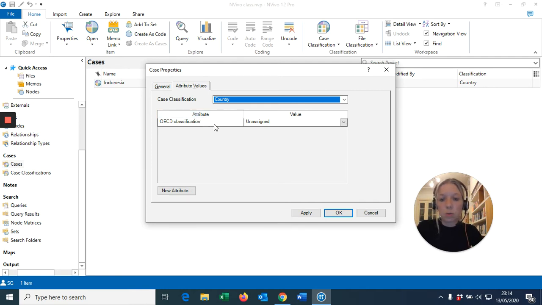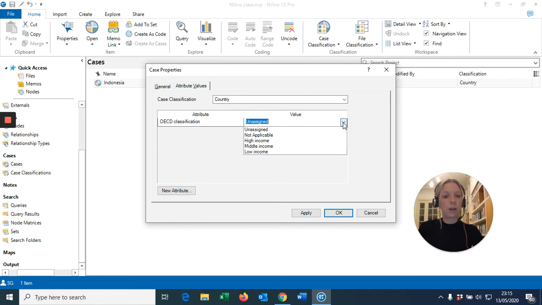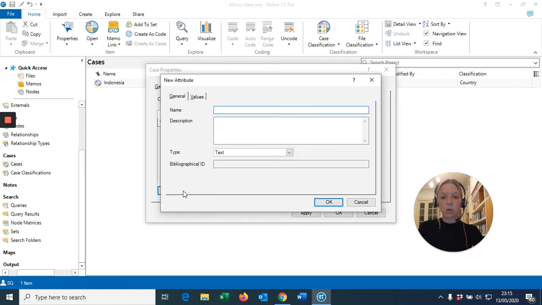so these are the attributes, right? One attribute I already made before is the OECD classification. So as I said, we have low, middle, high income countries. Yeah? And we can now assign a value for Indonesia. Okay. Let's say we want to make another attribute. So click on New Attribute. You first have to give a name to the attribute as such, and then you have to give a value. Yeah? So